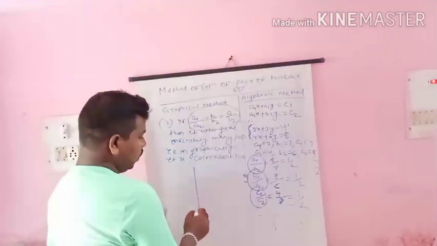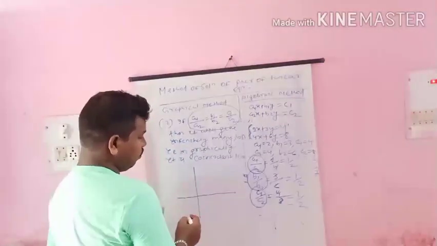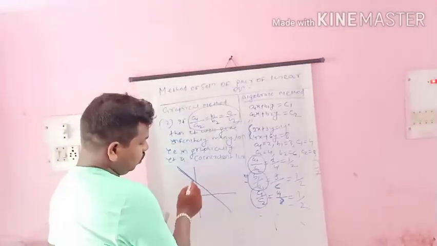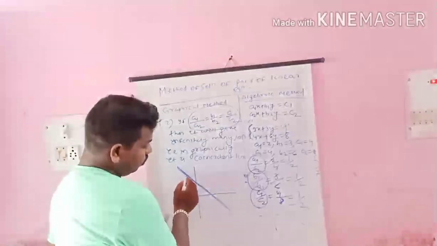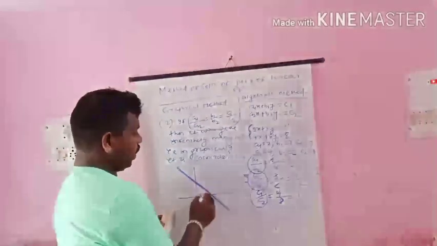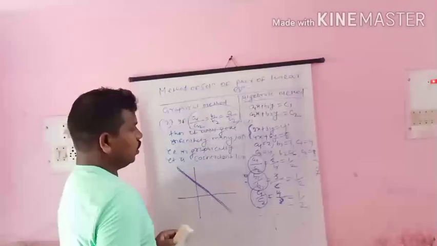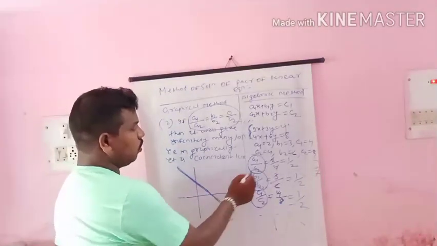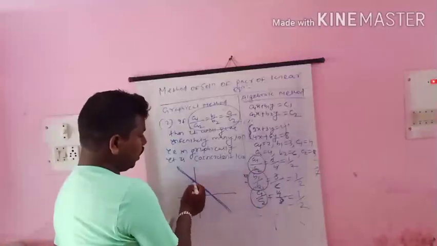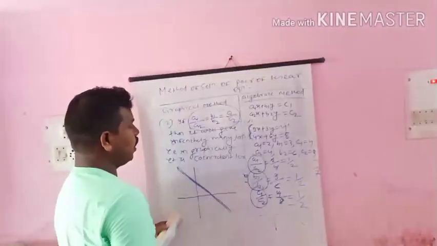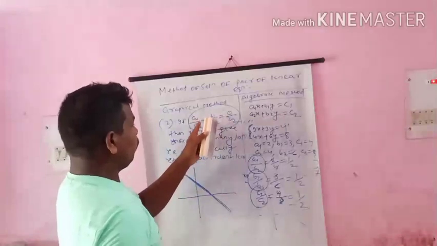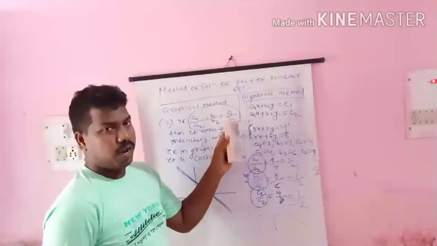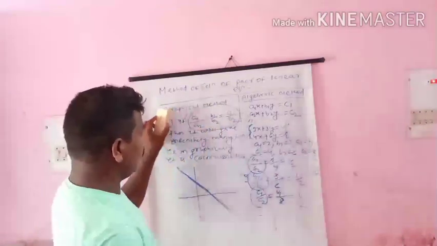If you check it in graph paper, then if one line goes this way, another line also goes on this line. So these are known as coincident lines. One line on top of another line is known as coincident line, because all are equal. All are equal means two lines are equal. So if a1 by a2 equal to b1 by b2 equal to c1 by c2, it will give infinitely many solutions. So it is very important